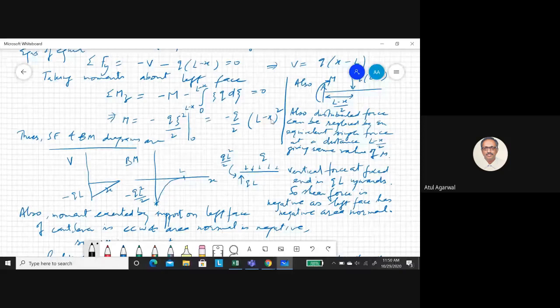And you see it's a quadratic curve. If you plot it, it will be like this. You look at the slope of this curve. You see what is the slope of bending moment diagram? Minus V is the slope. So this slope is, you see it is a negative value. So your slope is positive. You see here slope is positive. And finally the slope is going to 0. So this way the curve will go.